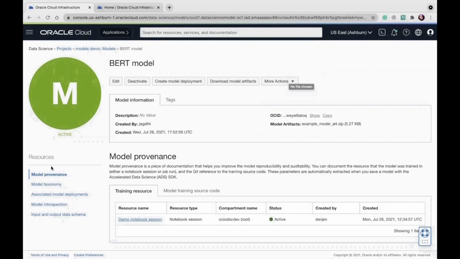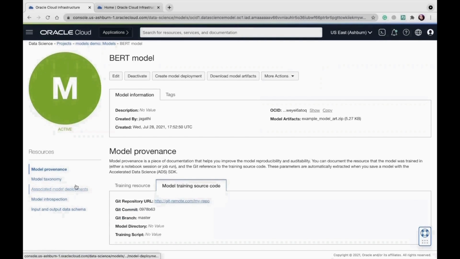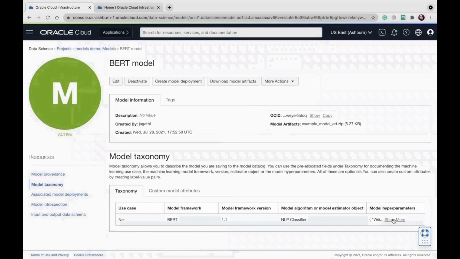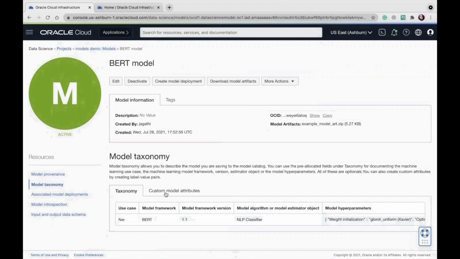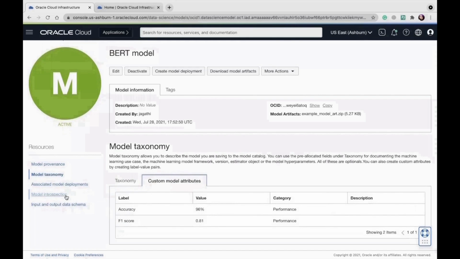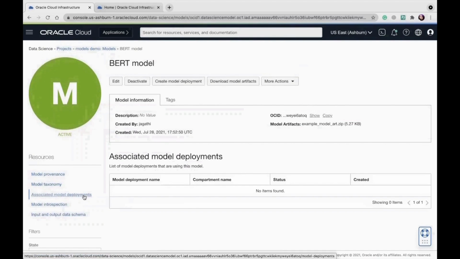And under the resources, we can see the uploaded provenance related information, training resource, and the training source code. Under model taxonomy, we can see the uploaded defined metadata, hyperparameters, and we can see the custom metadata here. Associated model deployments.